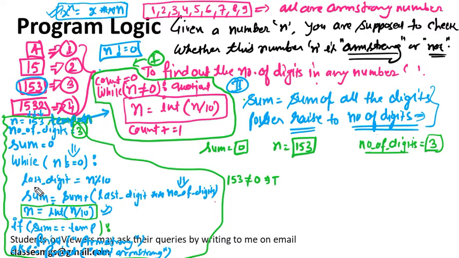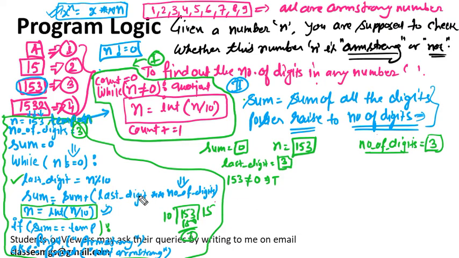Now move on to the last digit, you need to calculate the last digit. How will you calculate it? The last digit is calculated by dividing the number by 10 and taking the remainder. If you divide 153 by 10, what remainder will you get? You will get the remainder 3. So 3 is the remainder, and the last digit will become 3. Let's write it bigger so that you can get the idea. Last digit is 3, so this line is executed.